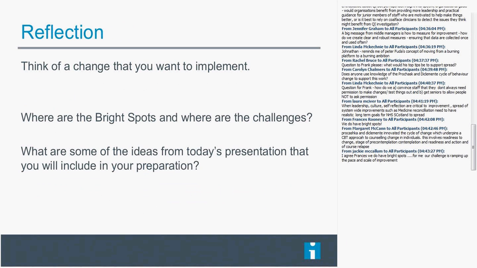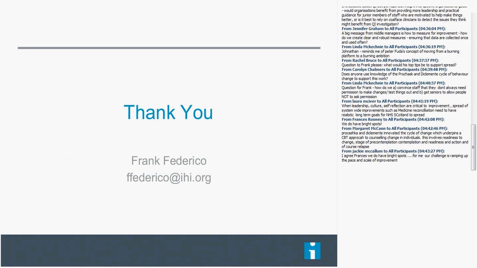So let's go back to the reflection. Think of a change that you wanted to implement, and then think through. Did I know why we were making the change? Or did I explain to the people I was working with why they needed to make the change? Did they understand what the process changes should be? Did they understand what our endpoint was? And if it didn't work, was it because we didn't have the appropriate engagement from leadership, or personally from yourself, from middle managers? Or did we use techniques that maybe just weren't the kind of techniques that were going to be helpful to us to improve? They were just training and education, necessary but not sufficient.